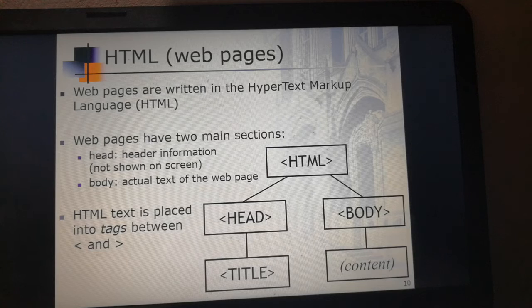Here also the normal HTML syntax is given. I hope it is familiar to you all. The HTML tag will be there, and the next tag will be head. After that, in the body content, we give the alignment and design part of the web page. Along with the head, we can add a title tag for more specificity of the web page.